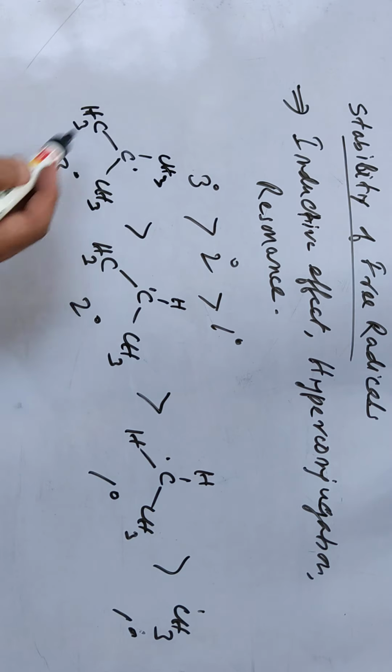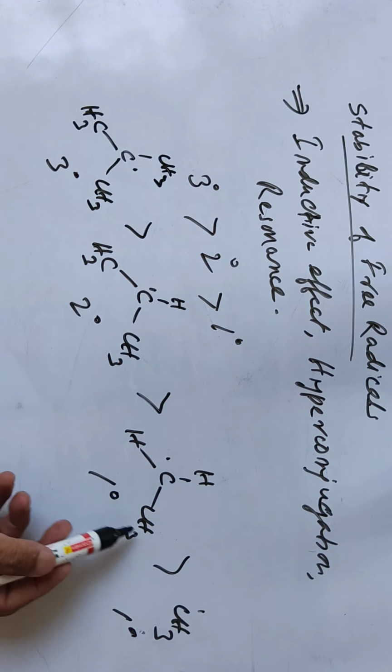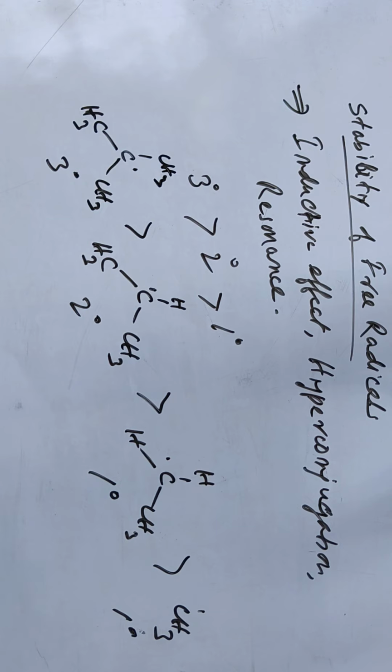So you can have 9 structures here, 6 here, 3, and then no structure, so no hyperconjugation structure. Here 9, 6, 3. More resonance structures give more stability to the free radicals. So this is hyperconjugation. Now, by resonance also,